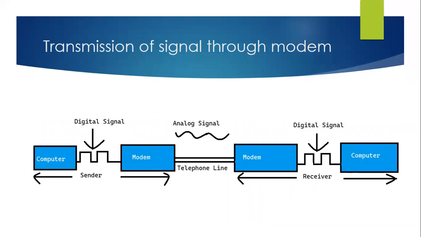The modem then takes the signal and converts them into analog signal, which is then easy to send through telephone lines, and then at the receiving end, the modem receives the analog signal and converts it to digital signal. Then the receiver receives the signal as the computer sees the output. The process of changing the digital signal to analog signal is called modulation, and the reverse process of analog signal to digital signal conversion is called demodulation.